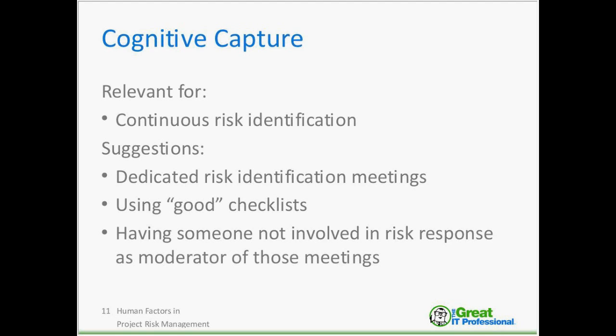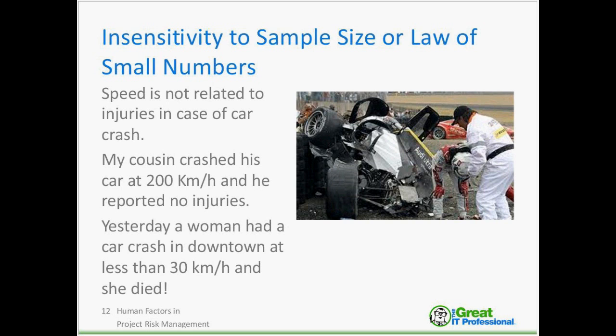Next one. We have 11 to mention, so we have done the first one. Let's see the second one. The second one is called insensitivity to sample size, or the law of small numbers. You can notice that here we have an example of a car crash with very fast race cars. The example is: speed is not related to injuries in case of a car crash, because, and here comes the law of small numbers,